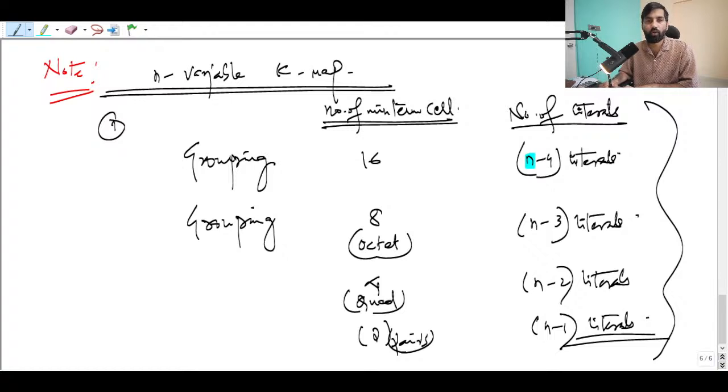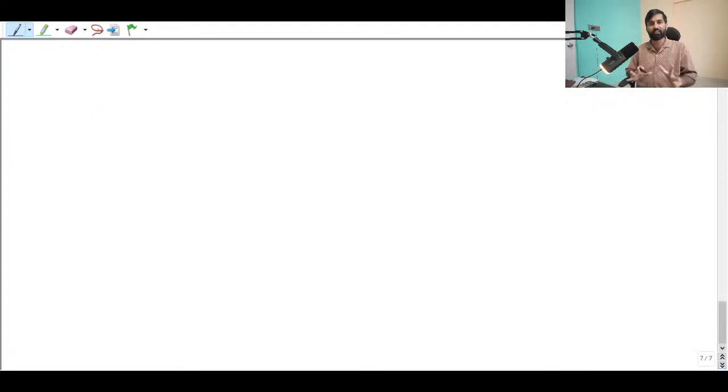Okay. Now we will talk about 5 variable K map. That is also important, right? So they might ask question if 5 variable K map is given. So only in the exam till now they have asked 5 variable K map, right? They did not ask about 6 variable, 7 variable. So don't get afraid about 5 variable and 6, but they will ask only till 5 variable, I'm pretty sure,